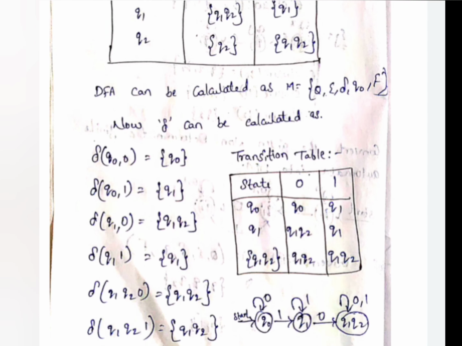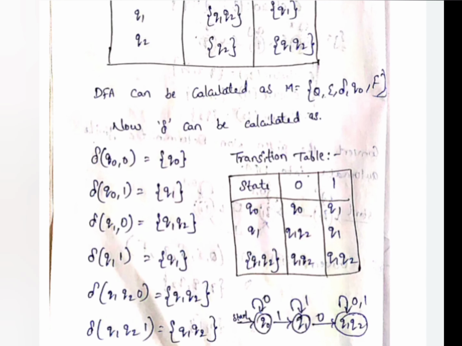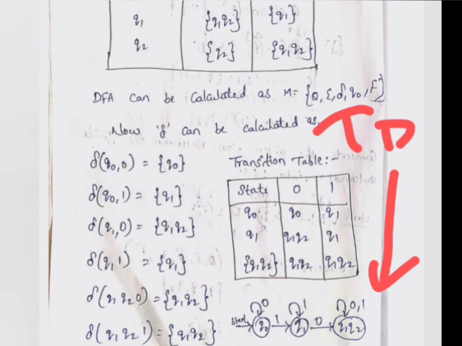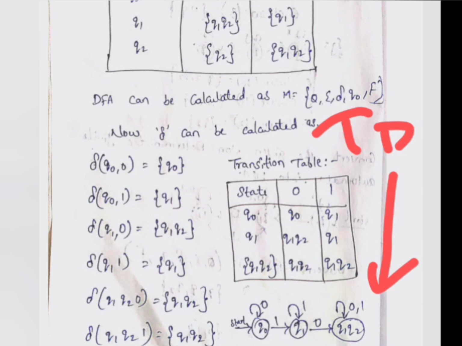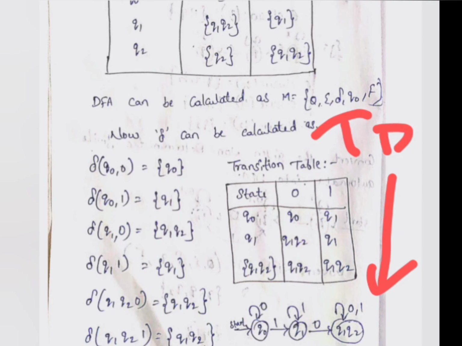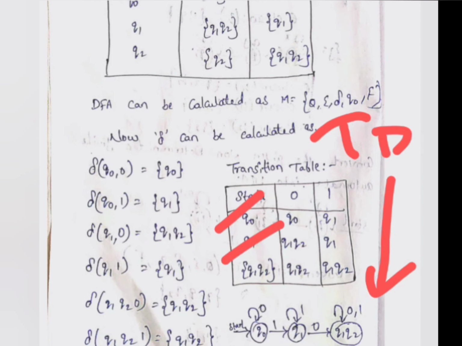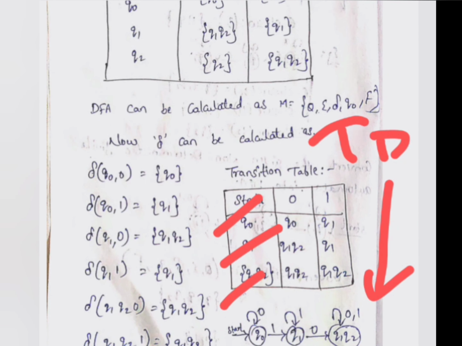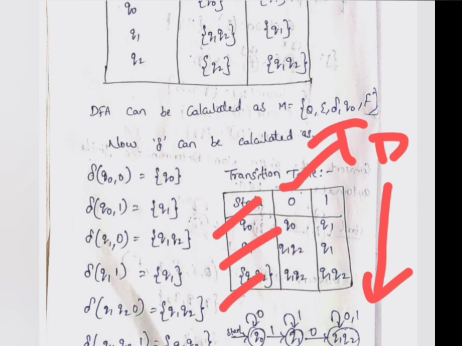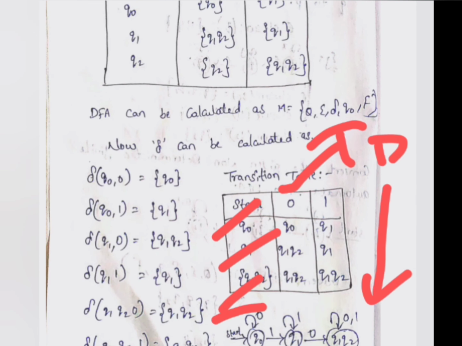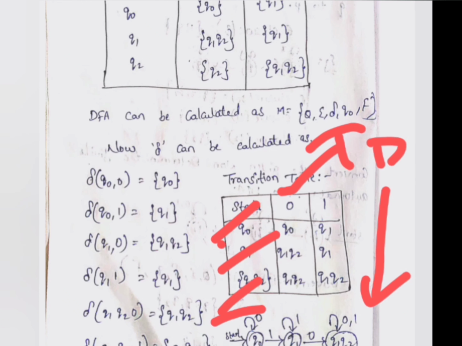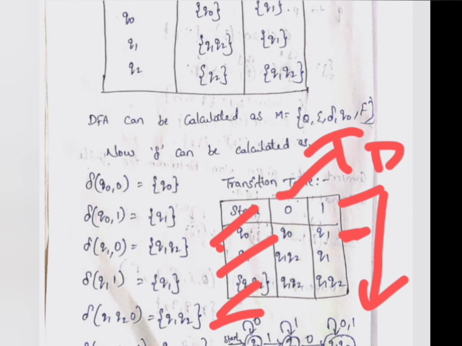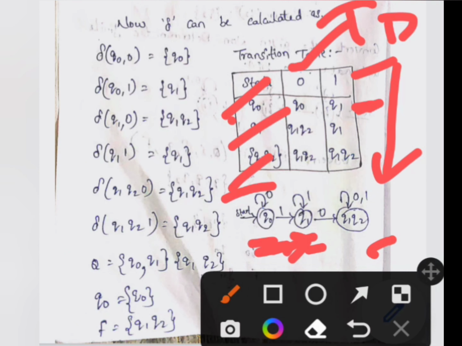After that you need to draw the transition diagram. Take the states Q0, Q1, Q1 Q2. Here we have 3 states, and you write those 3 states here. Q0 with input symbol 0 goes to a self loop, so we have taken a self loop. Next, Q0 with input symbol 1 moves towards Q1, so we have taken that transition with input symbol 1.